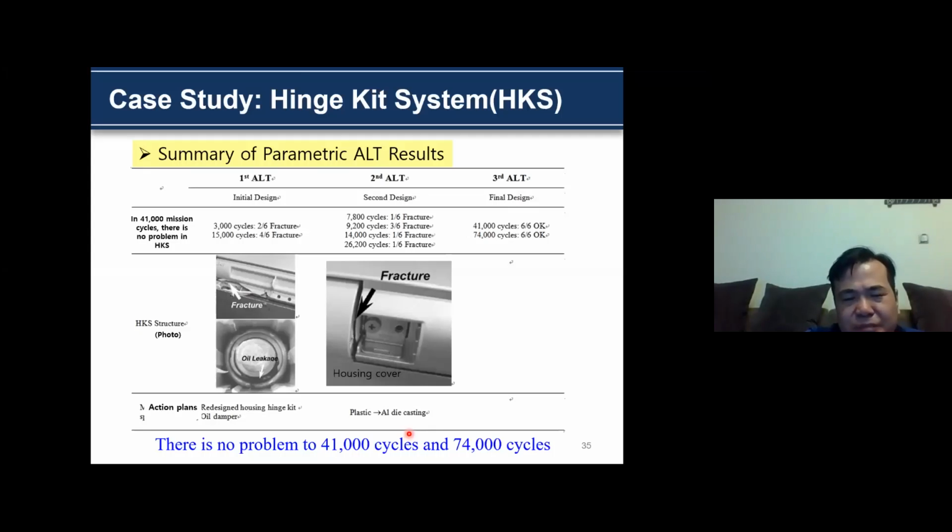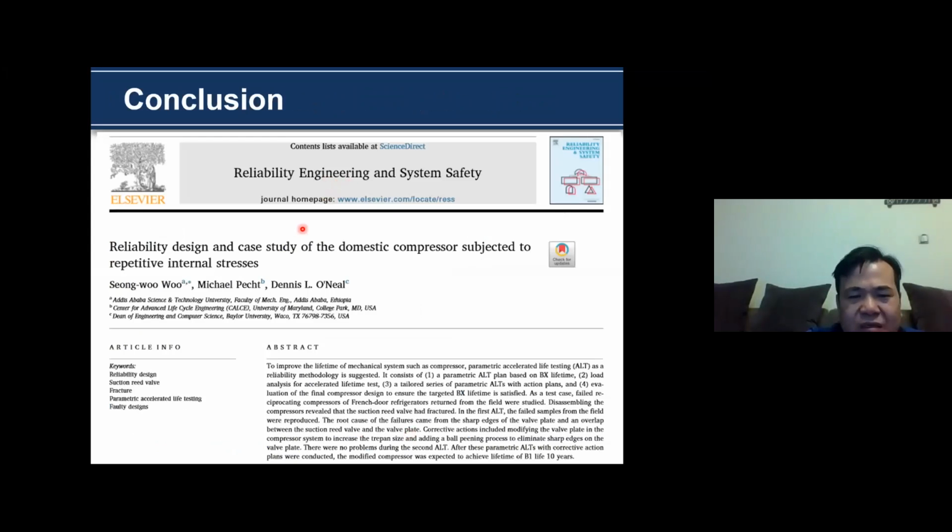This is my paper, submitted to Reliability Engineering and System Safety, entitled Reliable Design of a Case Study, and the Domestic